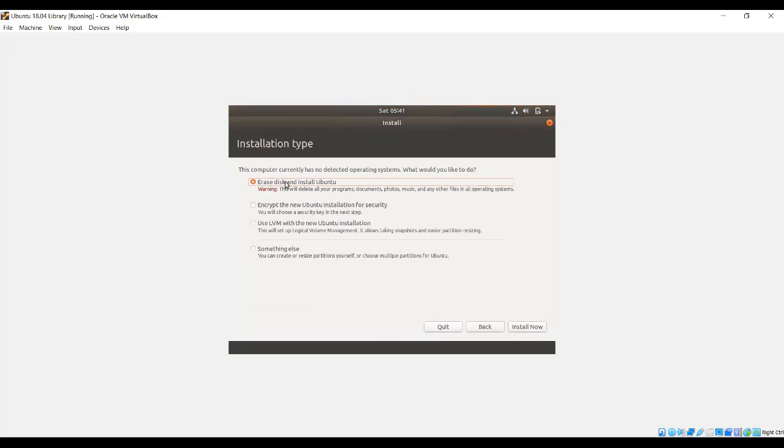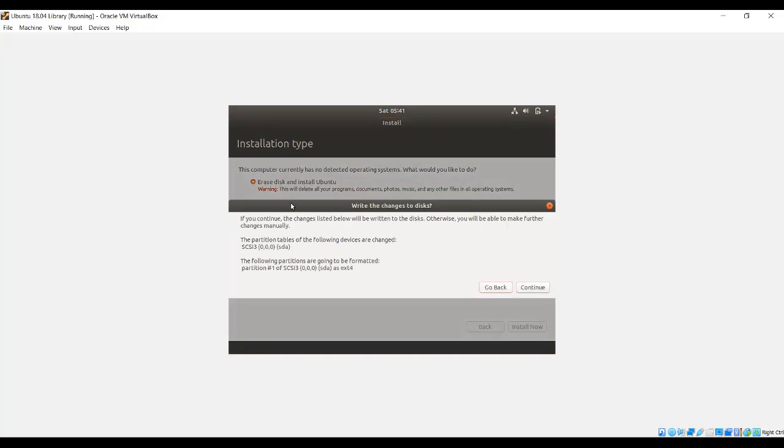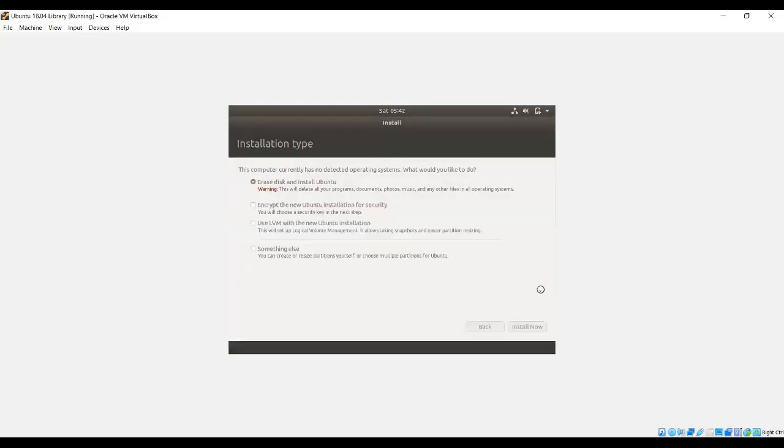Then I'm going to click erase disk and install Ubuntu. I want to erase everything on my virtual machine and want a fresh installation copy of Ubuntu. Just click install now. It will ask permission to write changes to disk. I'm going to click on continue.